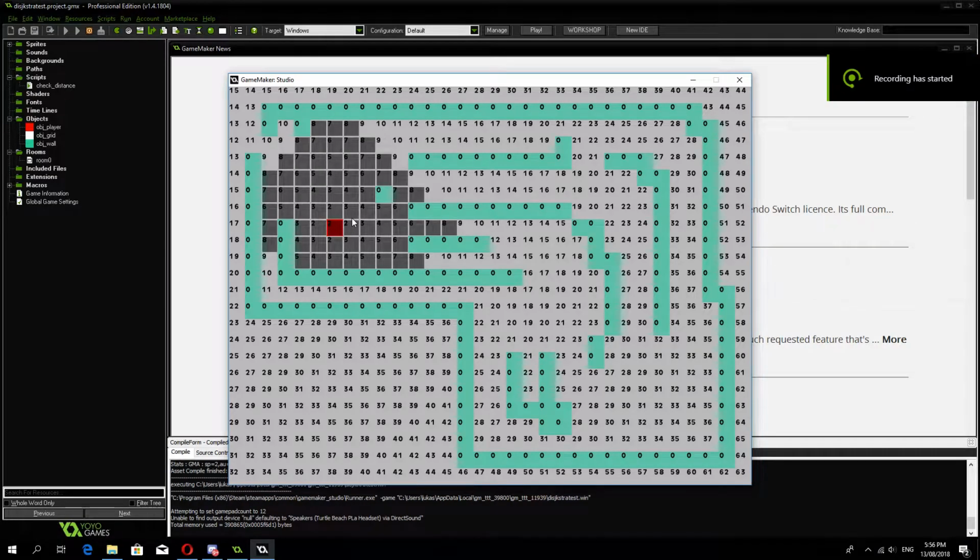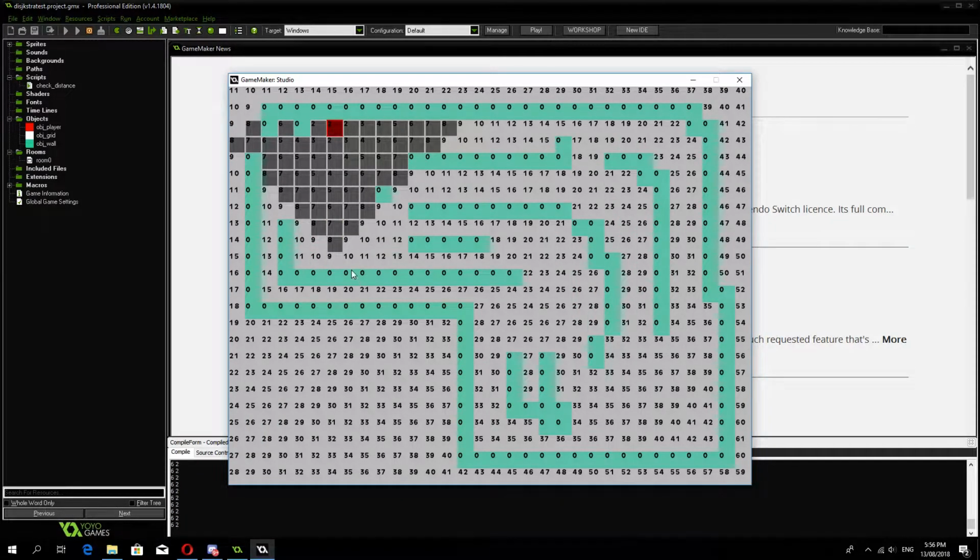Alright guys, just as an aside to our little Ninja Adventure tutorial, I just want to show you something that I've been playing around with here. There's plenty of ways to do something like this for a turn-based tactical game where you've got your player and you want to know how far they can move, and so you move and you click and they move there. But actually doing it and implementing those algorithms can be quite difficult, especially if you don't have